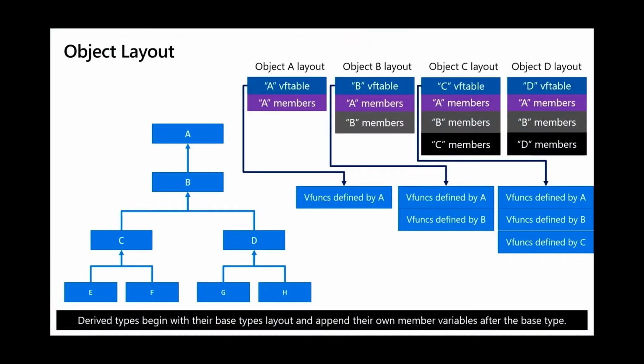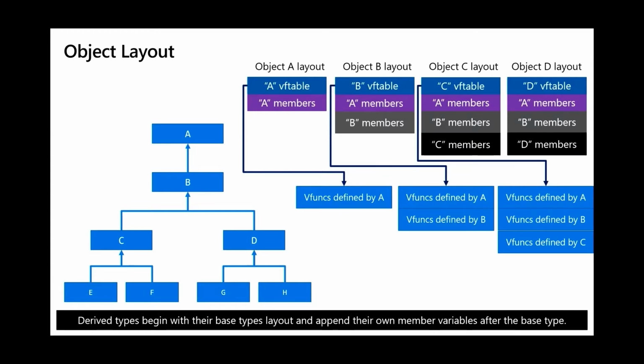And if you look at how an object is laid out in C++, in the case of the base object here in this diagram, A, the way that an A object is laid out is you'll have the A vtable pointer at the beginning of the object, and then you have A's member variables that come after that vtable pointer. And very important to C++ having good performance is that when you inherit from A, really all that happens is that the next object down the chain, B for example, just has a copy of A right at the beginning of it. And then any new member variables that B introduces just get tacked onto the end.